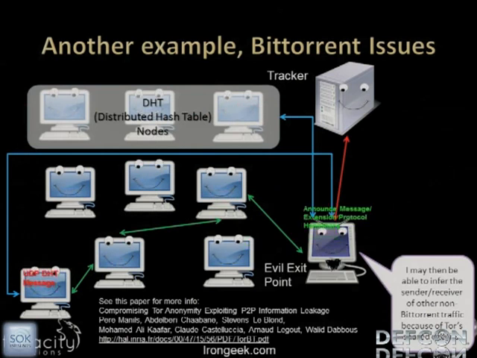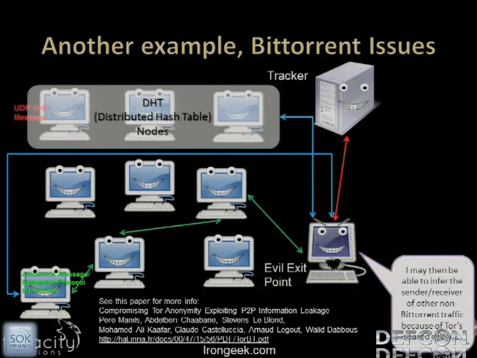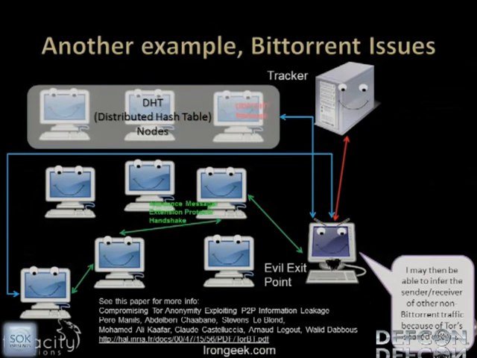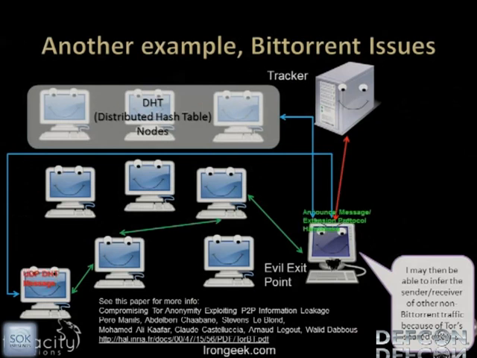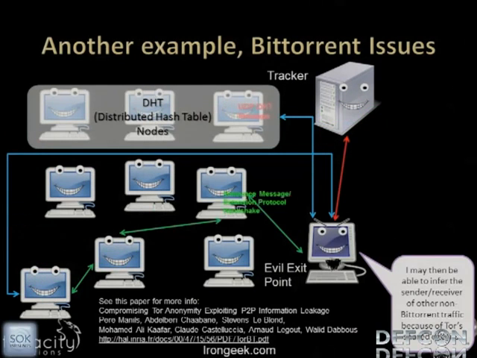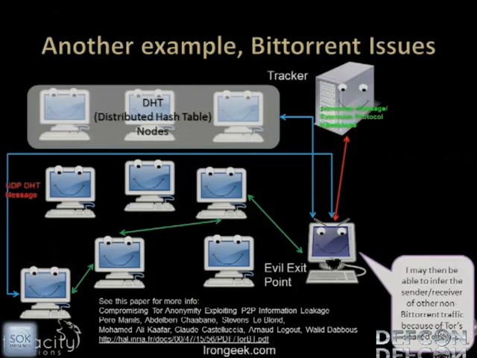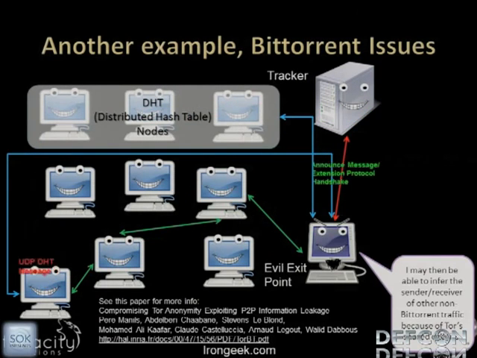You may also then be able to, because you de-anonymized someone via BitTorrent and figured out who they are, see messages coming through that same circuit, through that same tunnel, in some other protocol like HTTP, and go, it's coming from the same circuit. I've de-anonymized the BitTorrent use, so I know it's the same person who's visiting this particular website. So it can also leak out and cause issues for other protocols you're using at the same time.